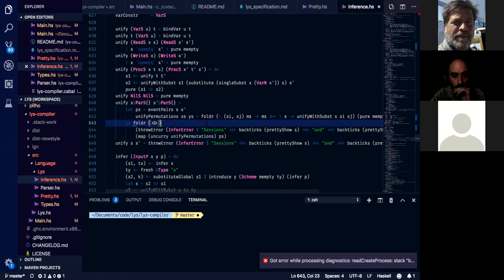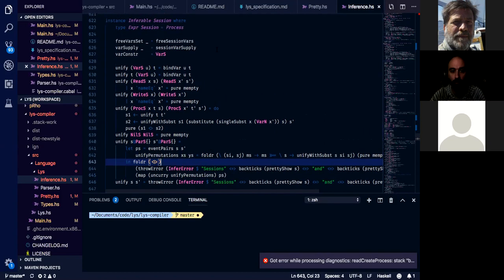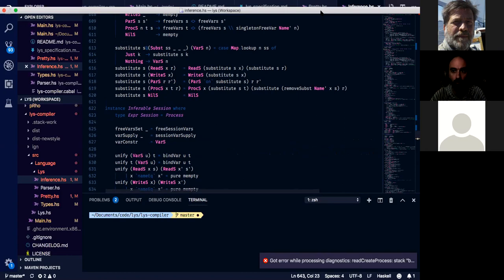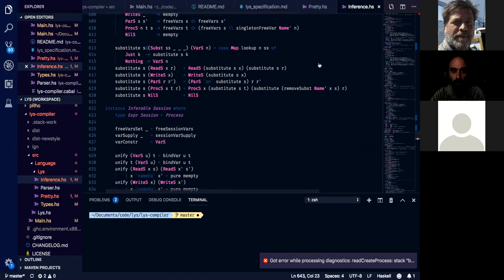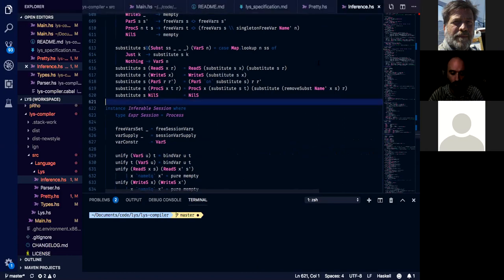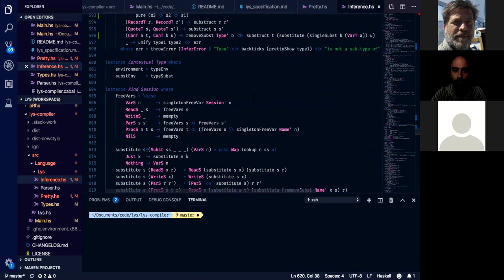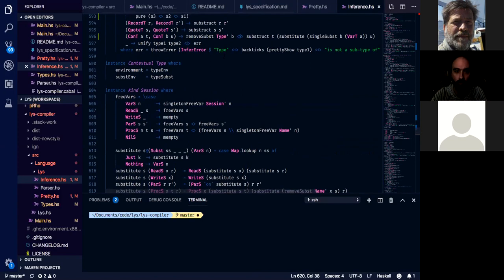It behaves the same, except, which is a big difference, you can't send and write to a quoted channel, to a quoted process. But what this means is that you don't have this recursion between names and processes, or I do have one in my AST, but not in my